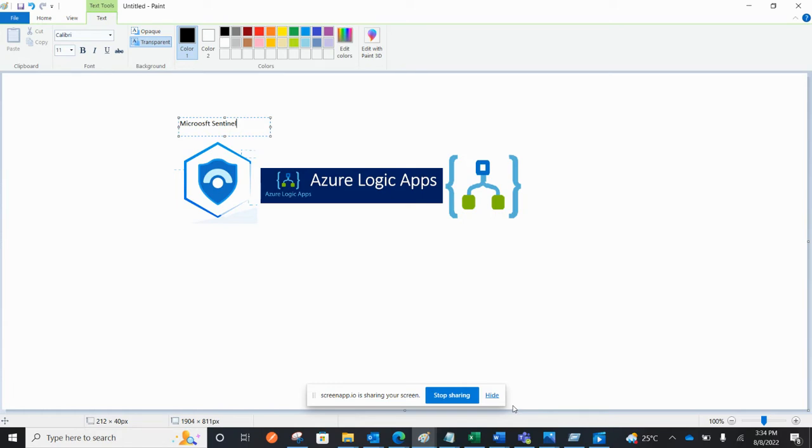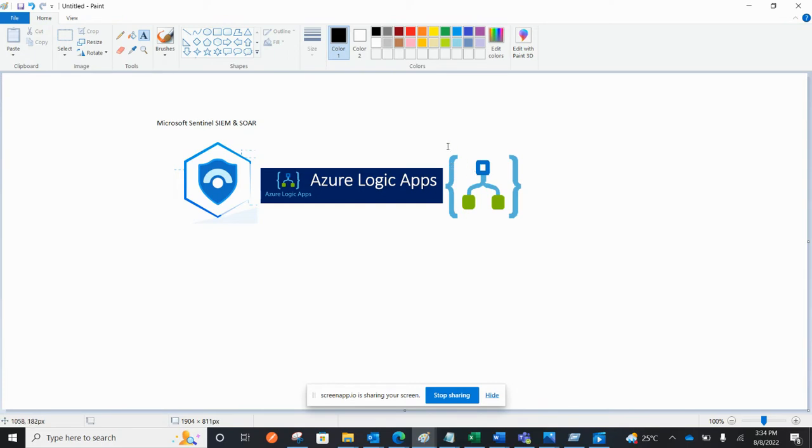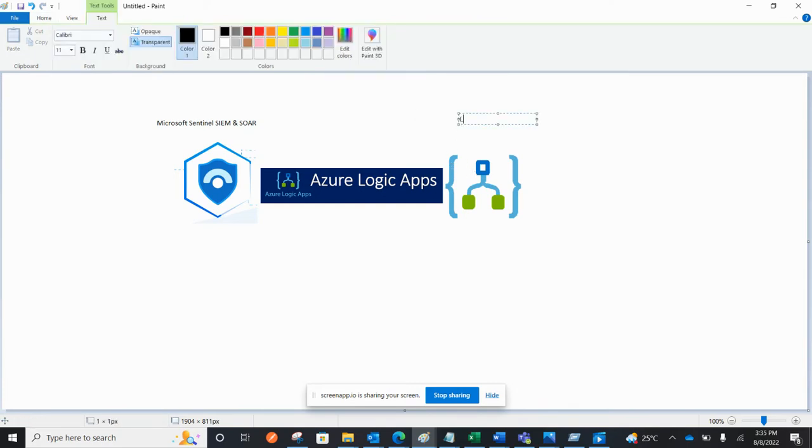Microsoft SOAR using Sentinel. Have you ever wondered, Microsoft Sentinel is a cloud-based SIEM, but that's not it. It has a feature of SOAR as well. This SOAR portion which we are speaking about is usually achieved using what we call Logic Apps. Logic Apps play a very important role in achieving the SOAR part, which is security orchestration and automated response. This course is totally focused on Logic Apps,